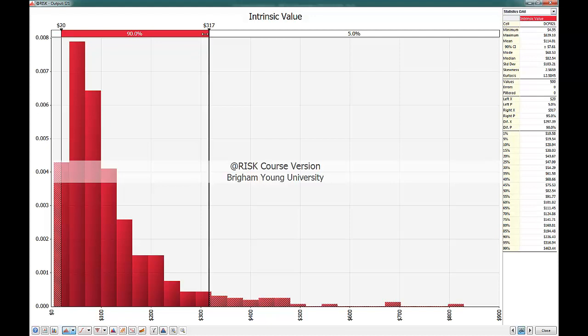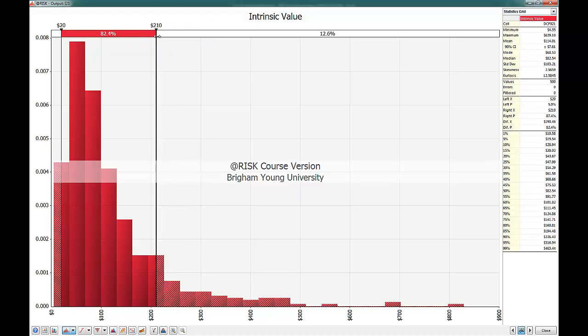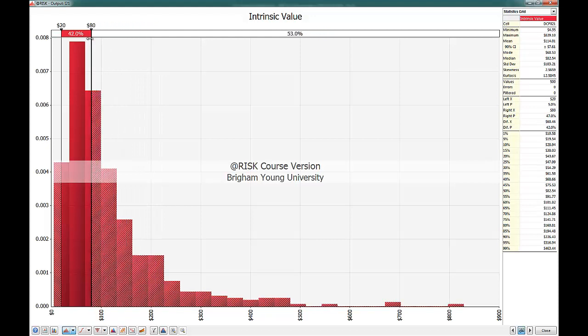But you can do things like this. You can say, all right, well, we know right now that the price is roughly $65. So let's take this down to like $65. Take this one all the way to the limit on the left side. So I'm getting 36% of my iterations are either at or below the current market price. So I would say 36% of my recommendations or 36% of my iterations are going to result in a hold